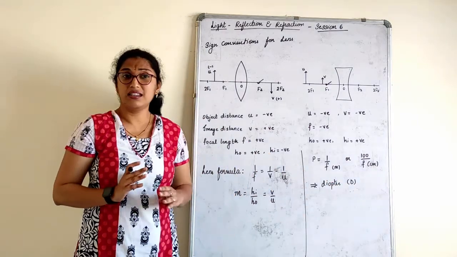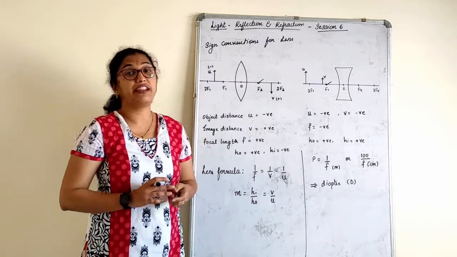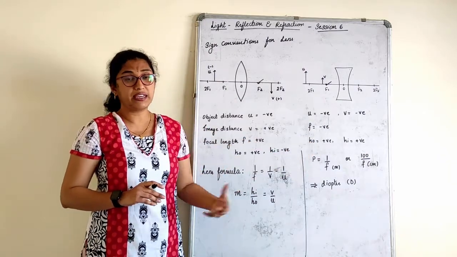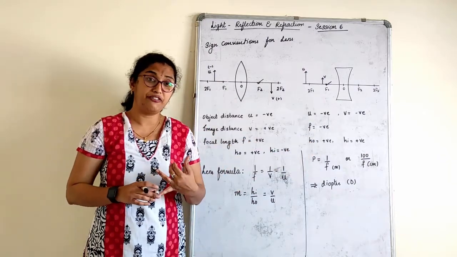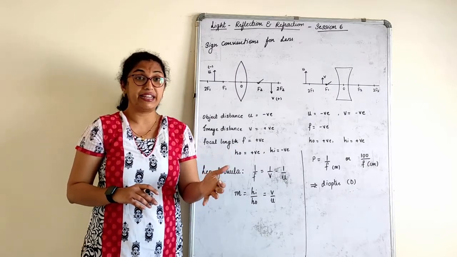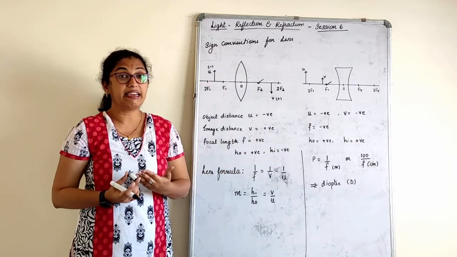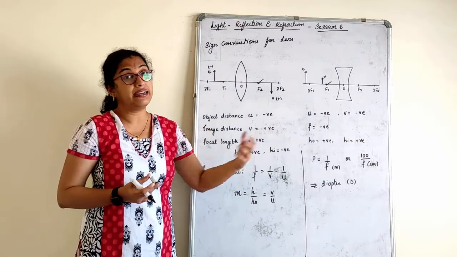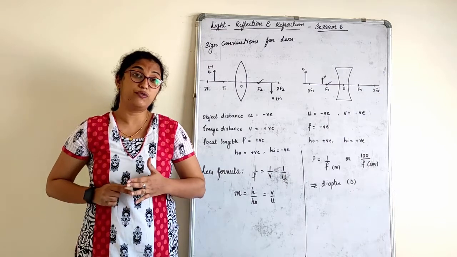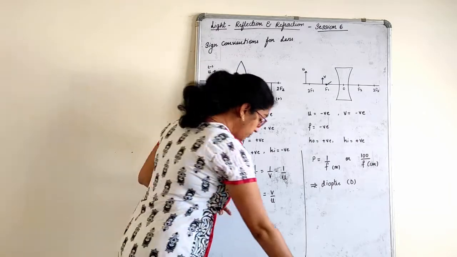So this is the end, or we can say we complete the chapter Light, Reflection and Refraction. It's a very small part that you have to know here. So we understood what is reflection in a mirror, then refraction, refractive index, laws of reflection, laws of refraction, ray diagrams with respect to mirrors and ray diagrams with respect to lenses. The next part we have to start is numericals based on these mirrors and lenses.